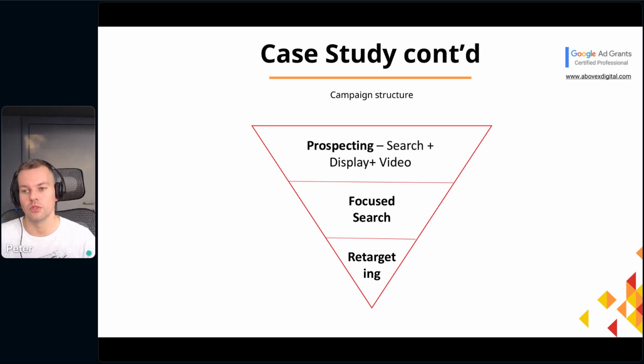Then one level below that was what we call focused search. So that's a commercial account really bidding on those most lucrative keywords, similarly to what we do with Galapagos, right? So a large part of the budget went to this focused search. And then again, there was retargeting. So all these people who visited the page in any of these stages, but who did not convert, were added to retargeting pools. And then we had very aggressive retargeting campaigns, especially during those last 2 weeks of the year, where we tried to remind them of the organization. We tried to bring them back and make them complete the donation.